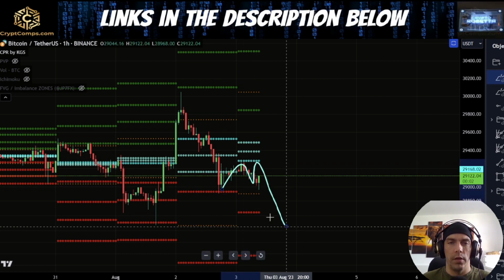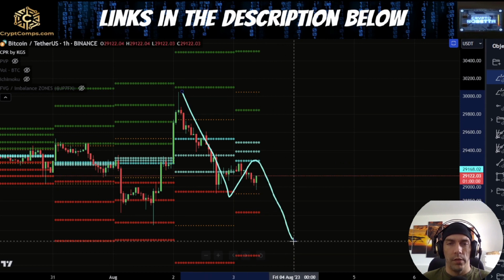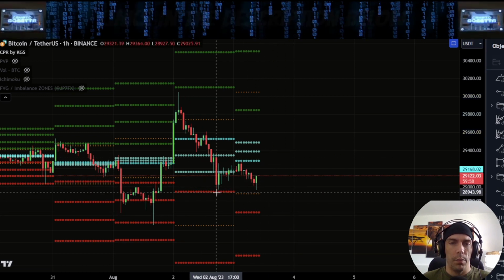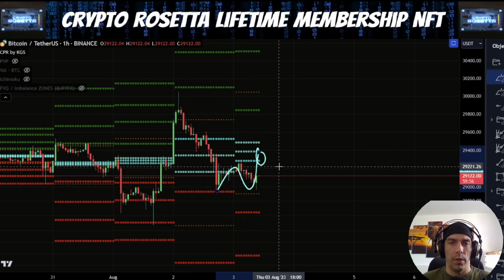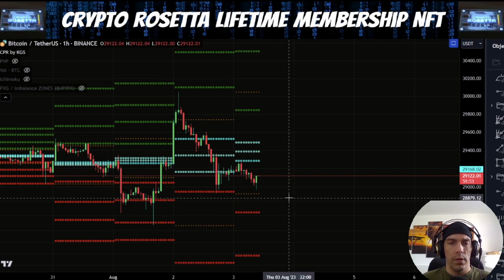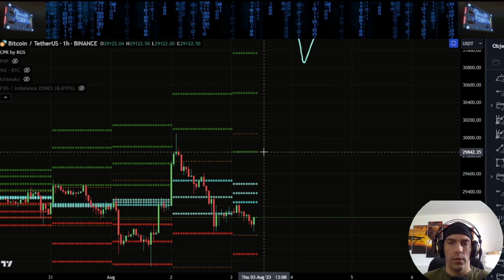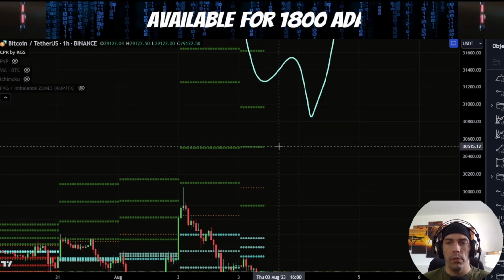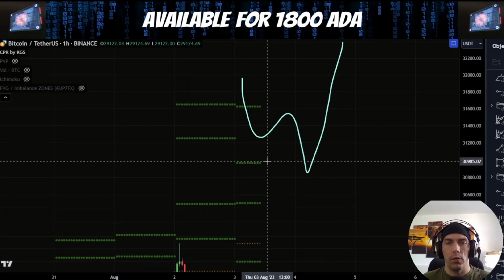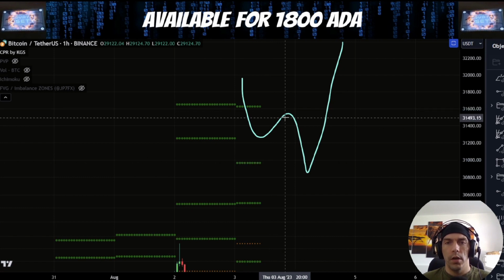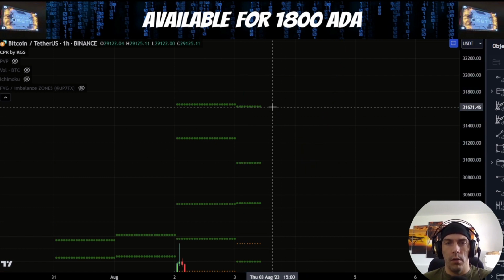If we do just see something like this as a 3-wave move up here, we need to be cautious of that idea of this just being A, B, and C, and we have a really short B wave here, which doesn't manage to move up into that higher level. Alternatively, if we do see price look to reverse to the upside here, potentially targets for today is this 29,844. We have this 30,502, 30,967, and